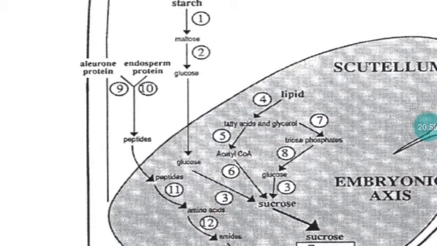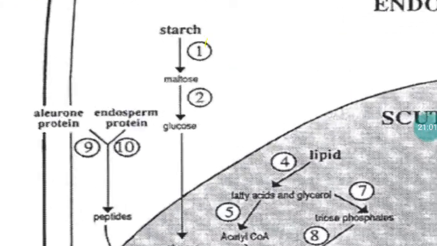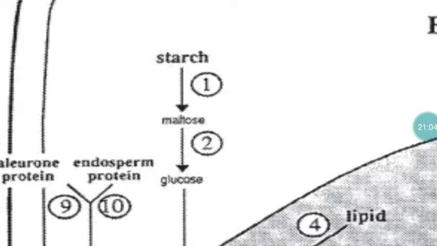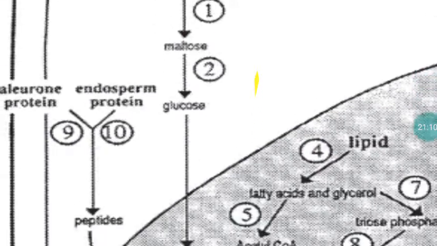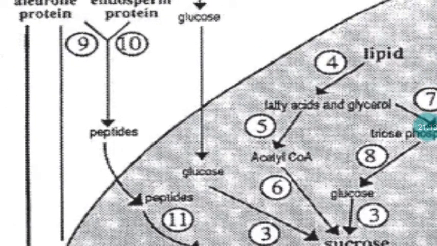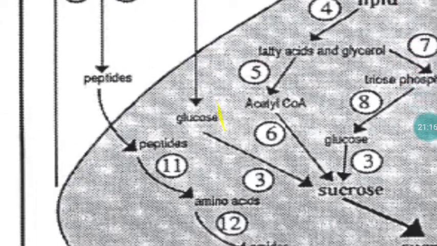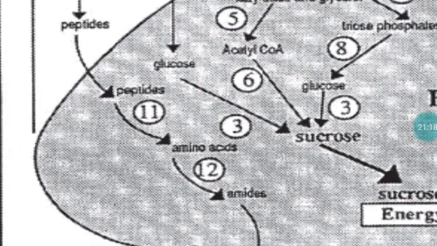The produced hydrolytic enzymes start to convert the complex carbohydrate available in the form of starch into maltose. Again, that maltose will be converted into glucose. That glucose will be transferred into the embryo region. In some cases, for easy transfer of the carbohydrate molecule from one cell to another, the glucose will be converted into sucrose, because sucrose is highly mobile and able to move from one cell to another at a faster rate. So glucose is sometimes converted into sucrose.